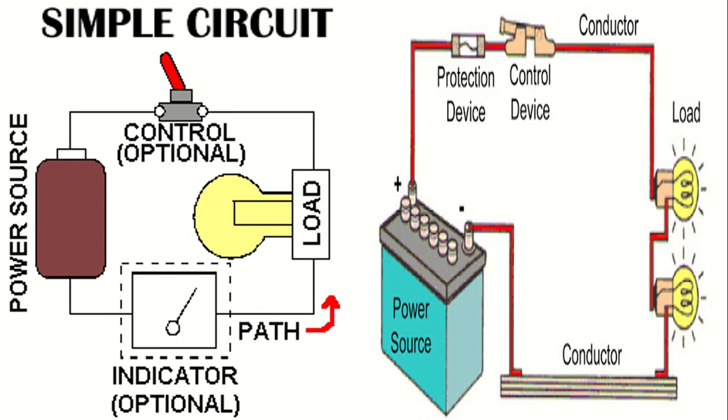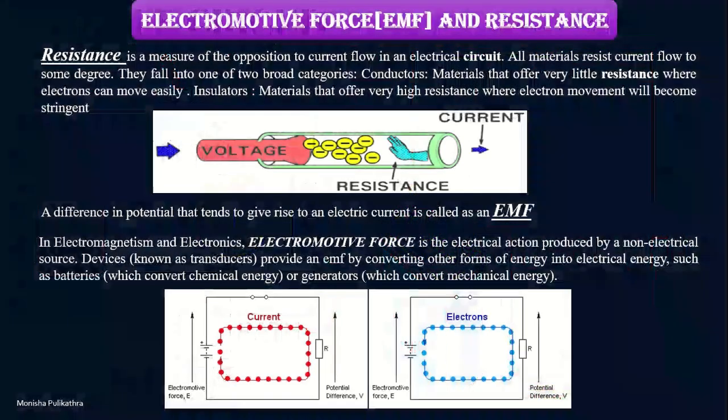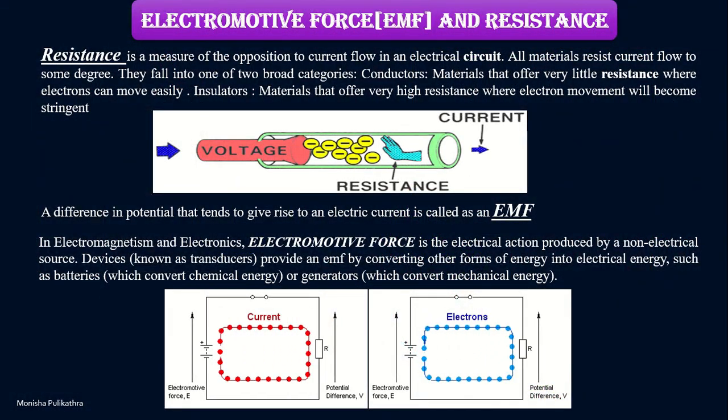Then voltage is considered as a pressure. Voltage is always considered as a pressure to move the electrons from one point to another point. So voltage is considered as a pressure within an electric circuit. It is approximately called electromotive force or EMF. This pressure or force is caused by dissimilar electric poles wanting to balance themselves.